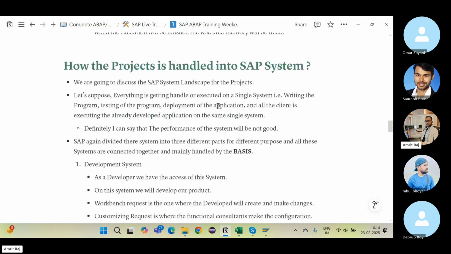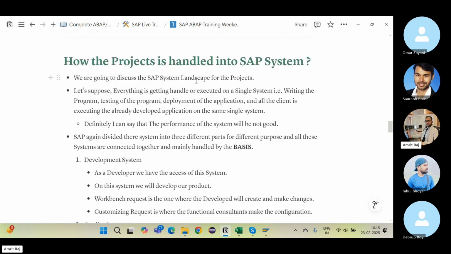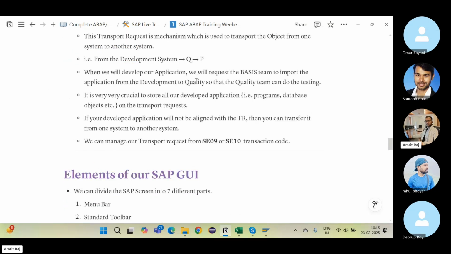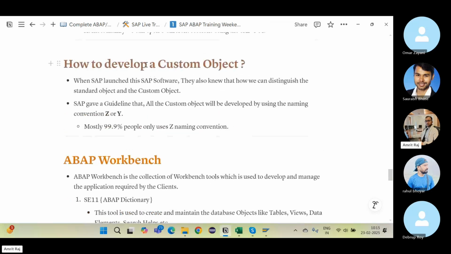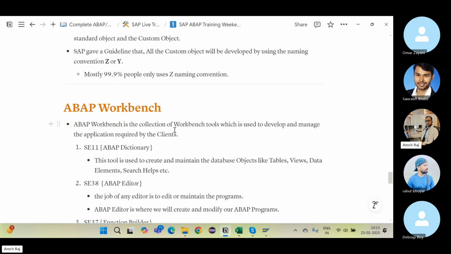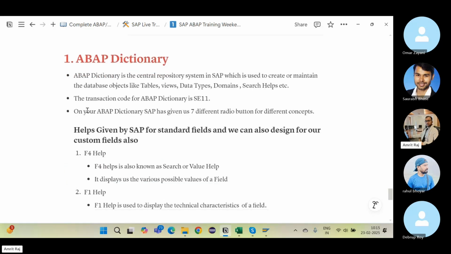Then we moved on and we saw how project is handled in SAP system. Then we saw the elements of GUI. Then we also saw how we are going to develop our custom objects as a developer. Then we move on and we saw our workbench tools, and we started our very first chapter, which is ABAP